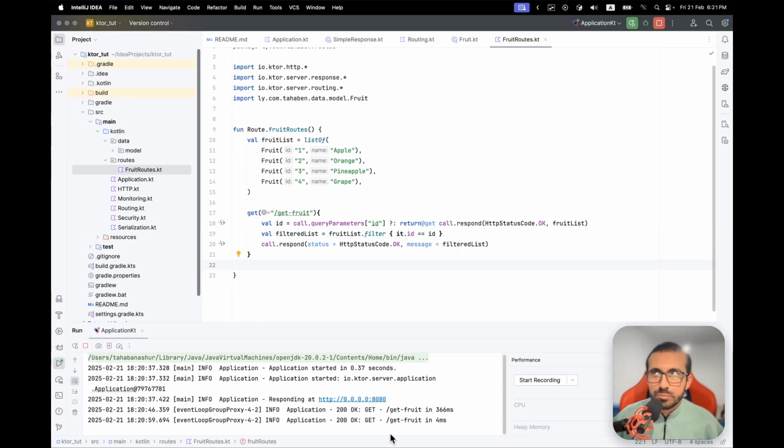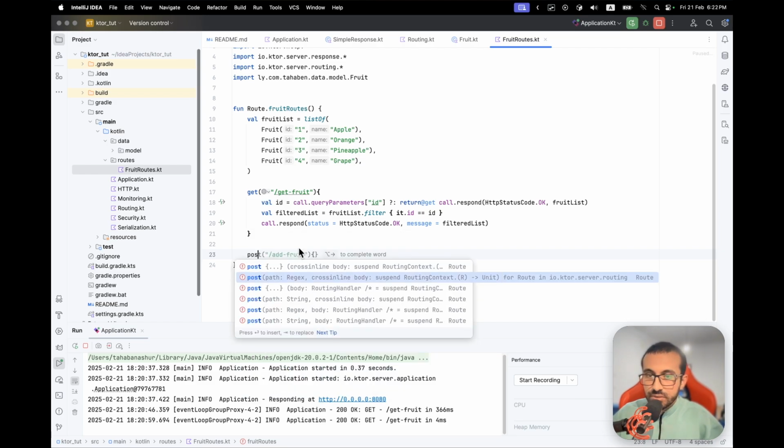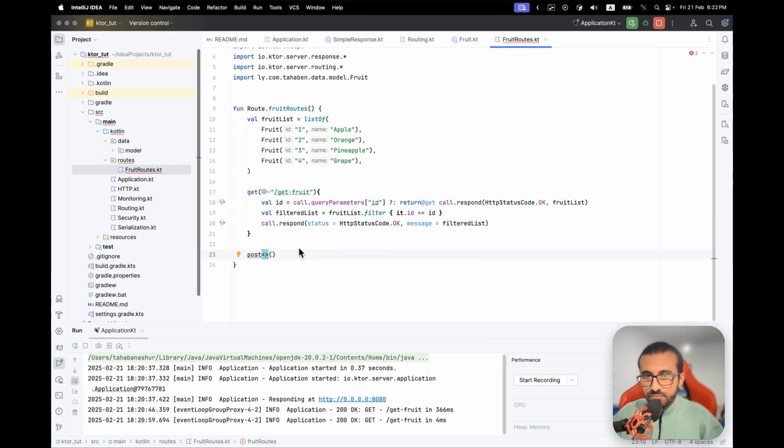Okay, good. Let's make a specific endpoint where we actually receive data for a new fruit. So we receive data from the client for a new fruit, saying we want to add this fruit to your list, and we add it to the list. So to do that, we are going to make a new endpoint. The method is going to be a post request,